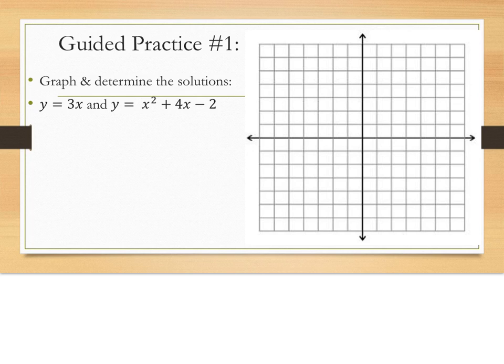To solve them by graphing, you simply graph the straight line equation and you graph the quadratic equation. So let's graph the straight line first, because that would be pretty easy. If you need to write it out in full mx plus b form, just to make sure you're seeing everything, this one begins at 0, the b is 0, and the moves for the slope is up 3, right 1,